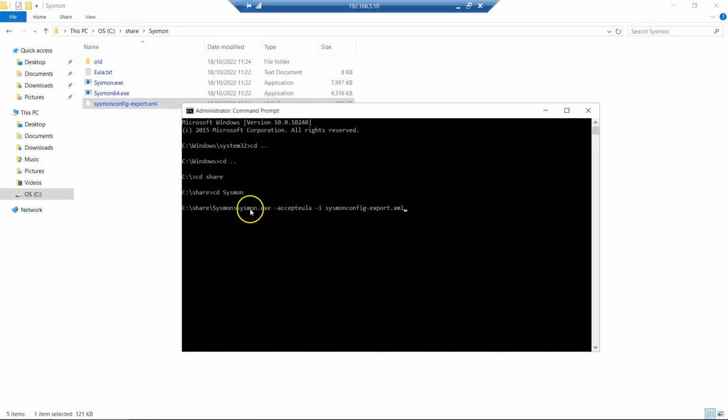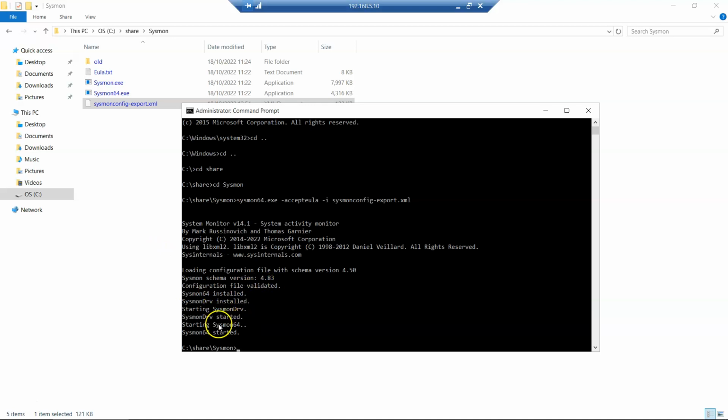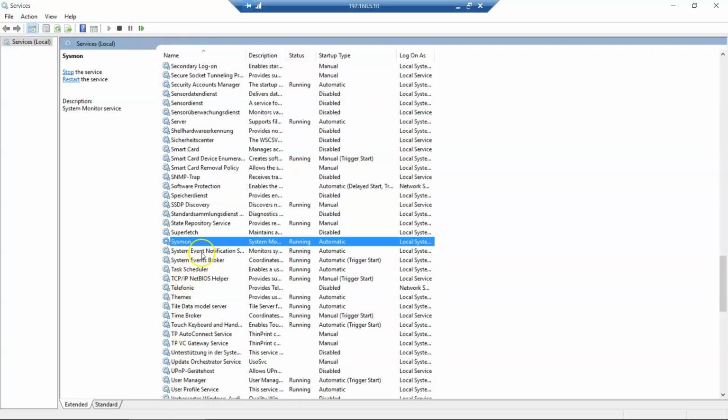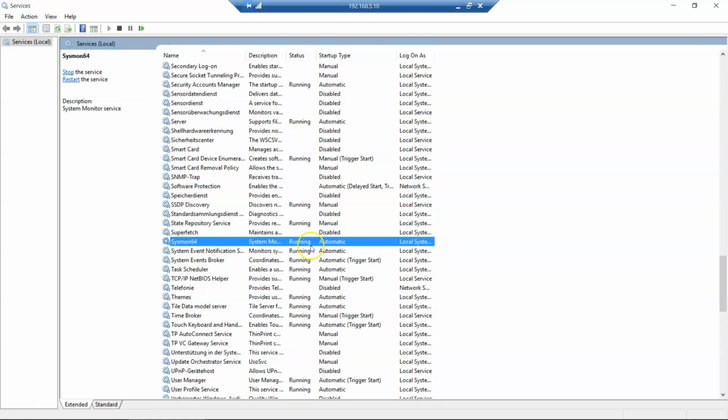Actually this one is the 32-bit. As we said, we have two versions installed. After I extracted the zip file, I got sysmon.exe and sysmon64.exe. This PC is 64-bit, so I will put sysmon64 -accept EULA -i, the configuration file, and then here you see the configuration file validated. Installation is done. We can double check from the services, and we can see here the sysmon installed, the sysmon